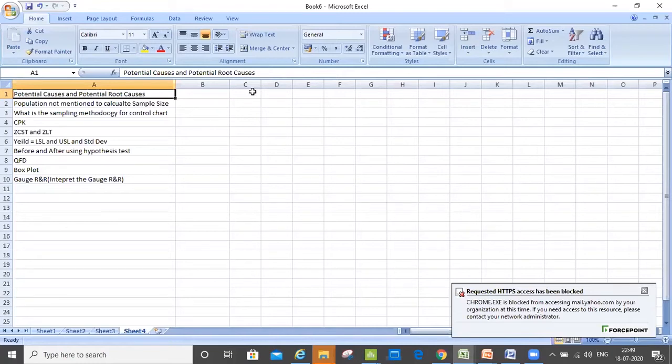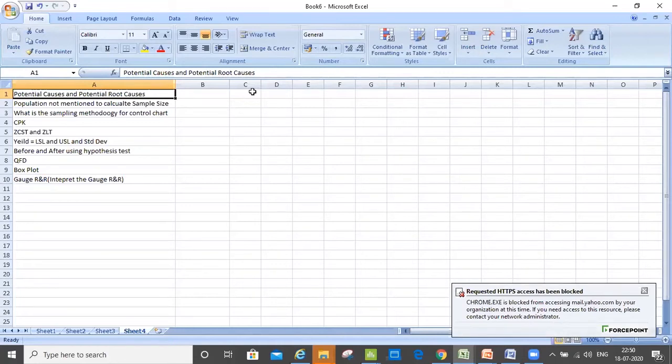So there is nothing major of a difference. The only difference is that these are not yet confirmed. Causes are just the factors. Let's say I say the cause is shift timing. But is that a root cause? No. If I want to make a decision out of this cause, will I be able to do it? I haven't done the root cause analysis. I don't know what the problem with the shift is.